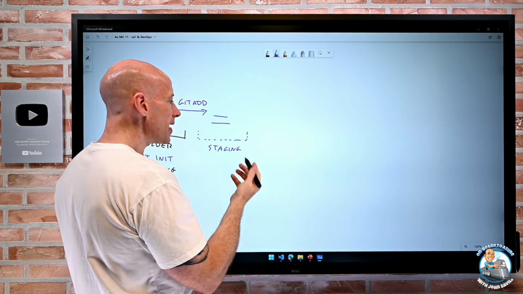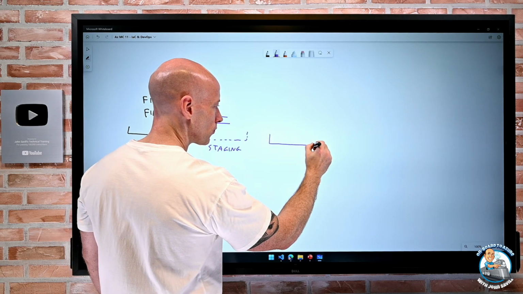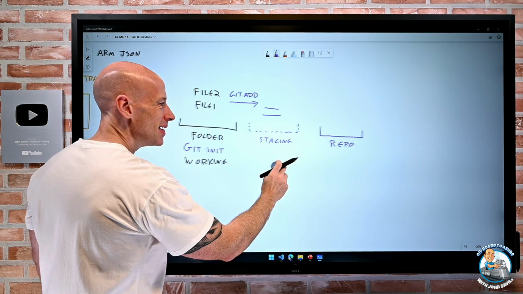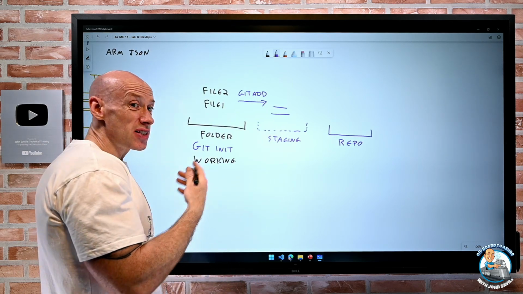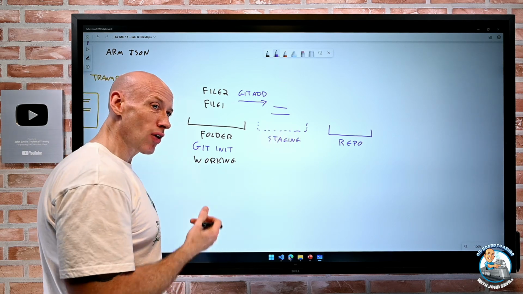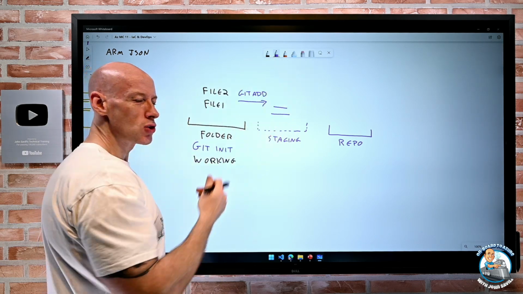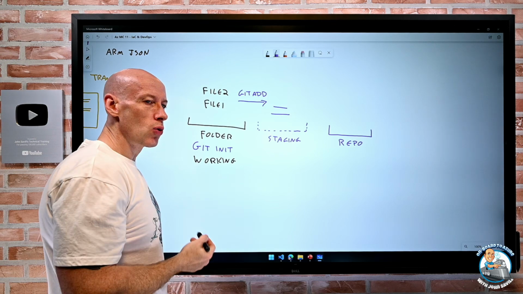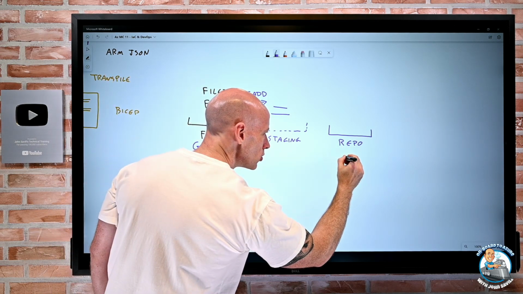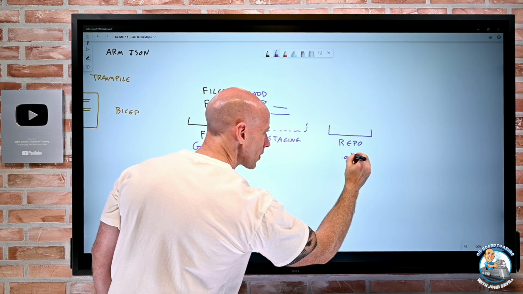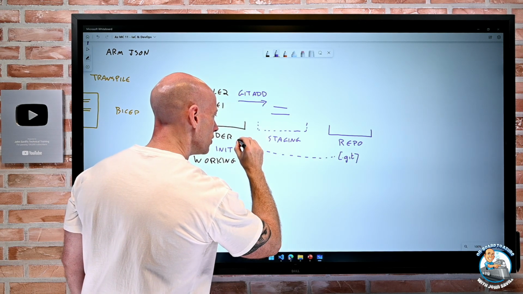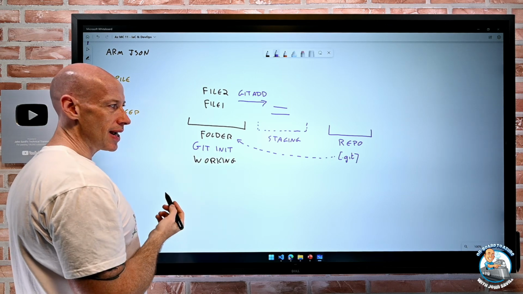And then I have the main Git repository, which remember, is really being powered. There's not some service. There's no daemon running. There's no service running. There's not some remote port it's talking to. These are all actions on the local file system. So this repo is really this .git folder